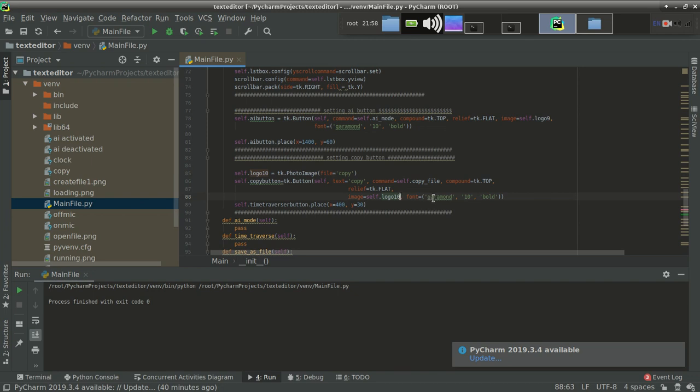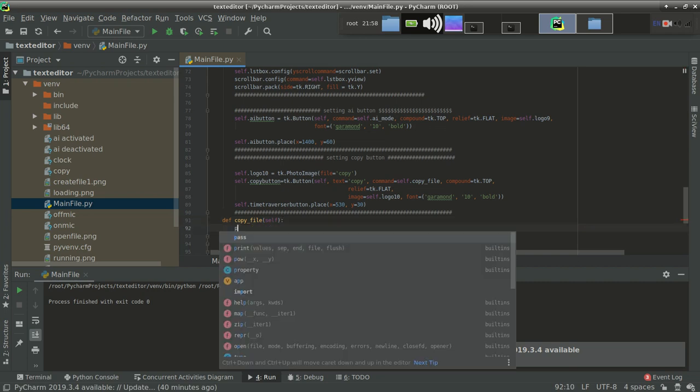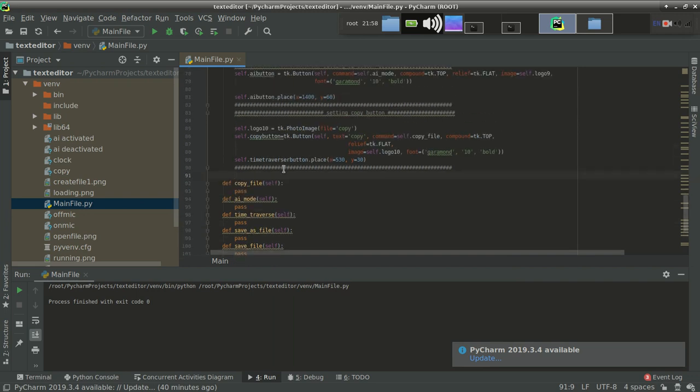Yeah, everything is fine. And X position should be 530, and Y position should be 30. That's great. And one more thing also, we have to define this function, copy file, def copy file as self, then pass. Now this is the final UI button we are going to use.